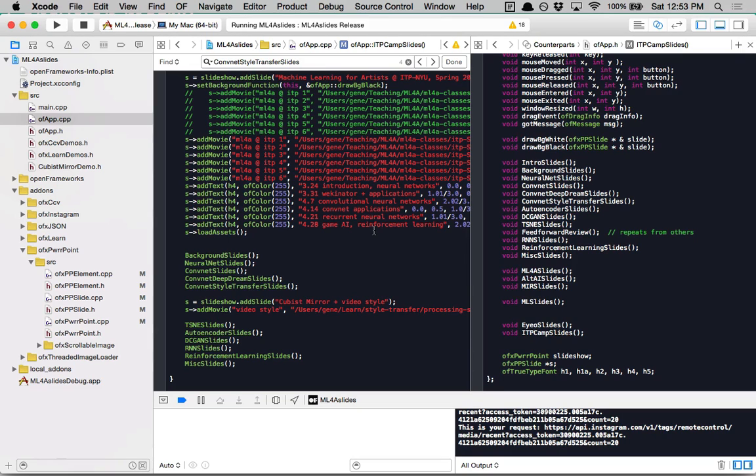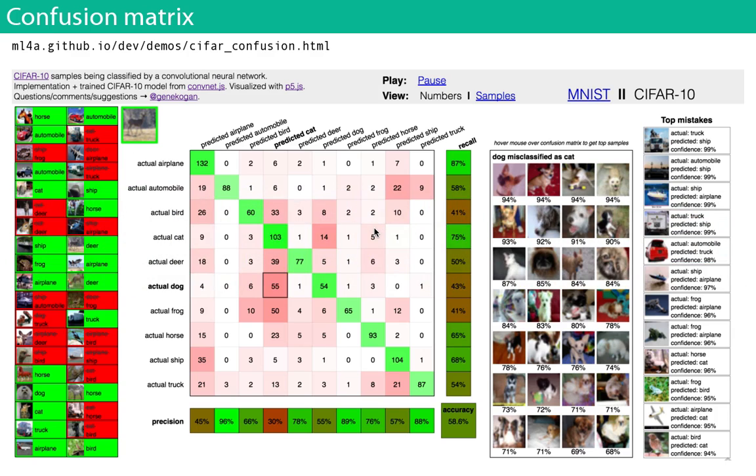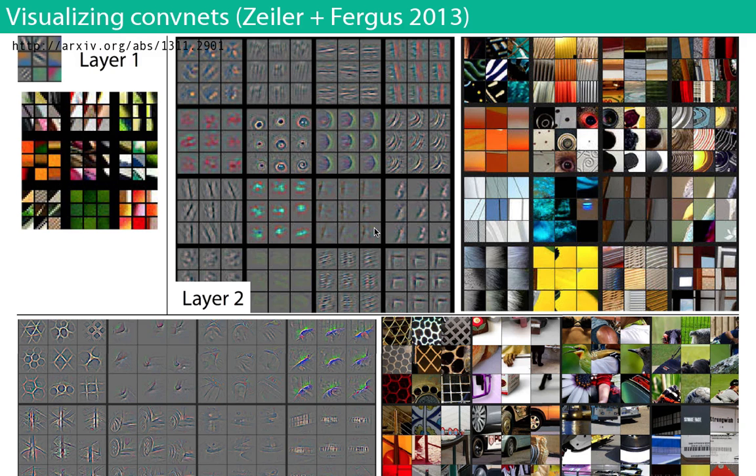Okay, everybody, let's get back to it. This is kind of where we left off. I'm going to skip this confusion matrix. We just talked a little bit about convolutional neural networks, and we looked at the pipeline that produces classifications. Now let's talk about applications of convolutional neural networks. It turns out there are a lot of really interesting ones, and some of the ones we're about to look at are actually the ones that kickstarted the process last year of making these cross over into the mainstream and become really popular.